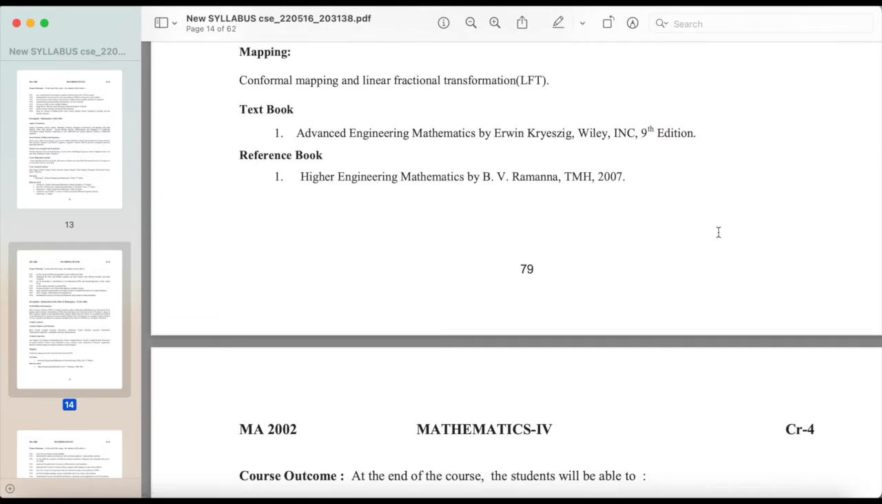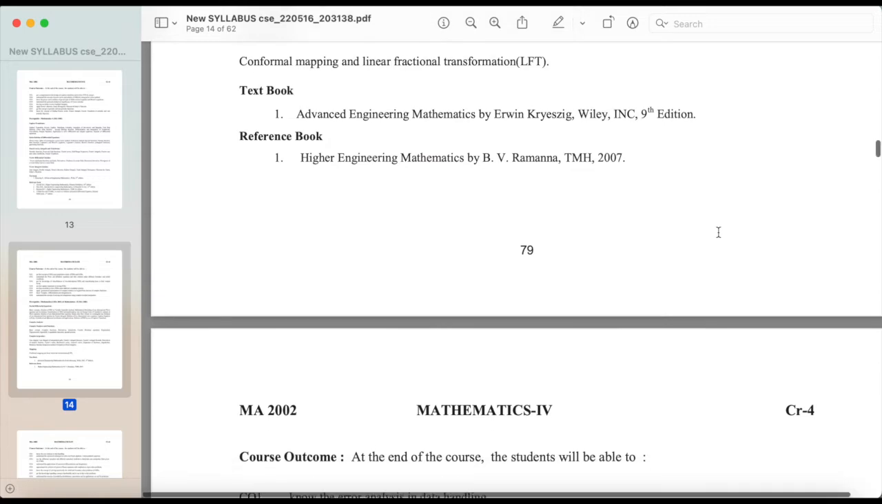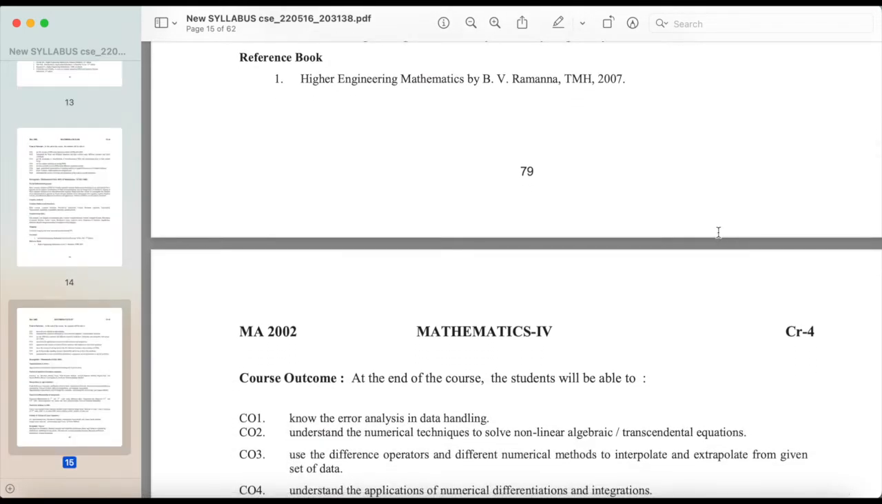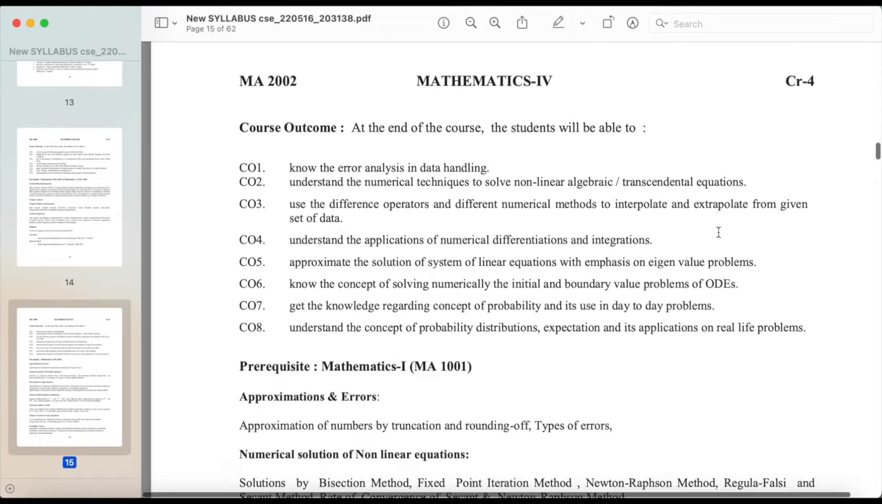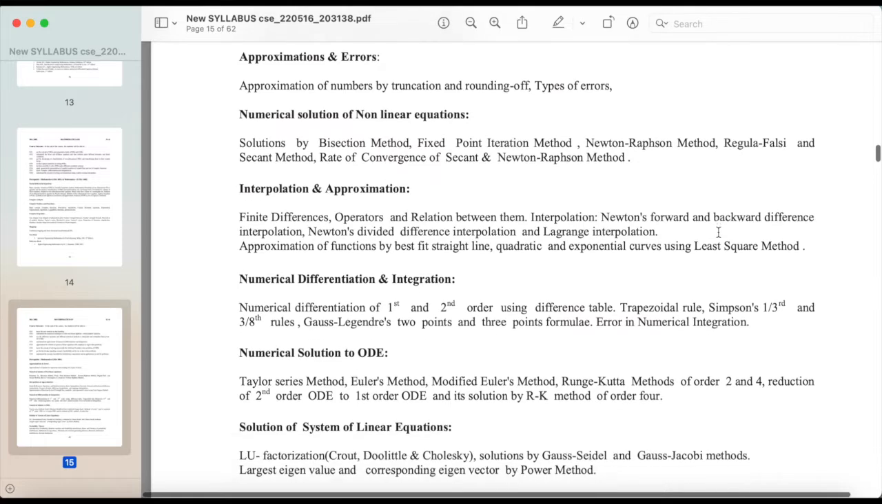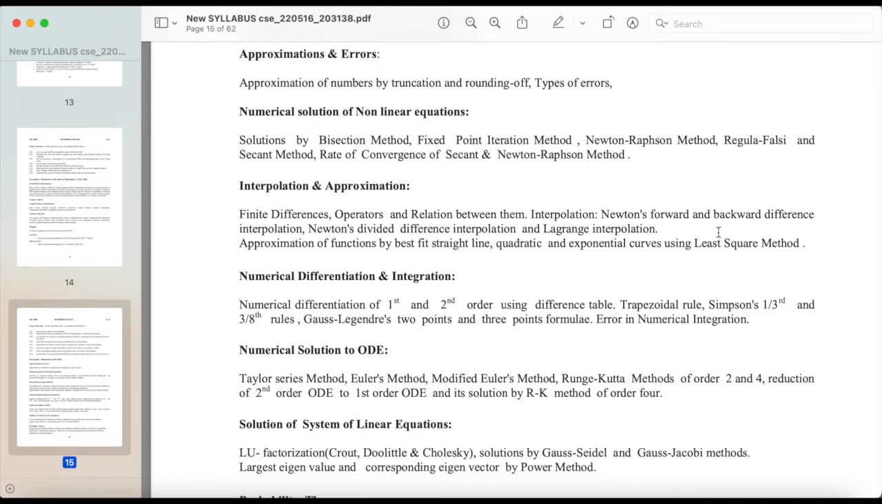transformation (LFT). Textbook 1: Advanced Engineering Mathematics by Erwin Kreyszig, Wiley, 9th edition. Reference book 1: Higher Engineering Mathematics by B.V. Ramana, TMH, 2007. Mathematics 4: Approximations and errors, approximation of numbers by truncation and rounding off, types of